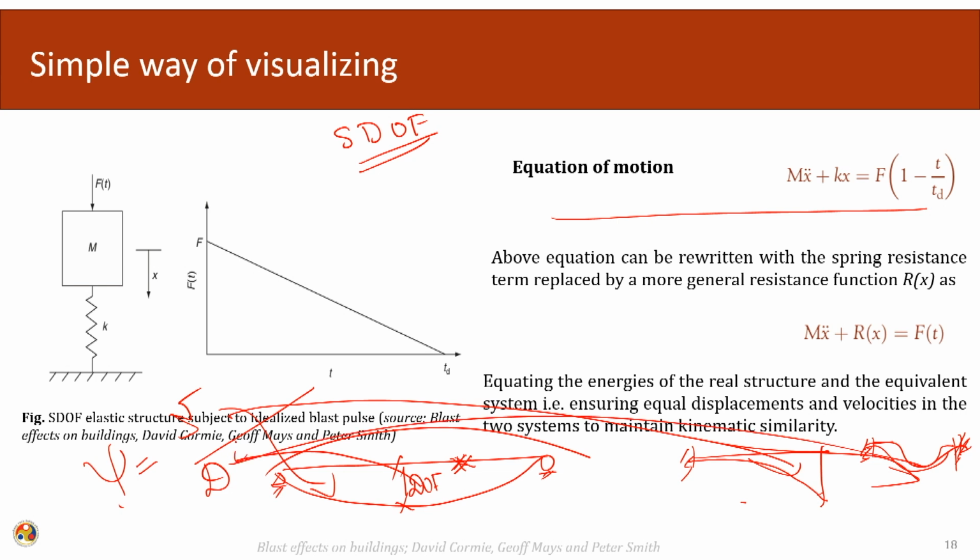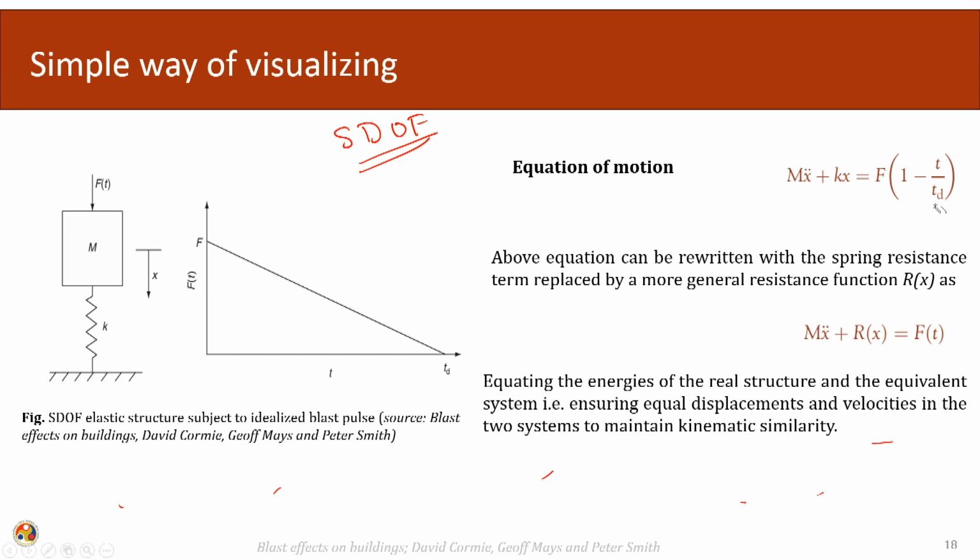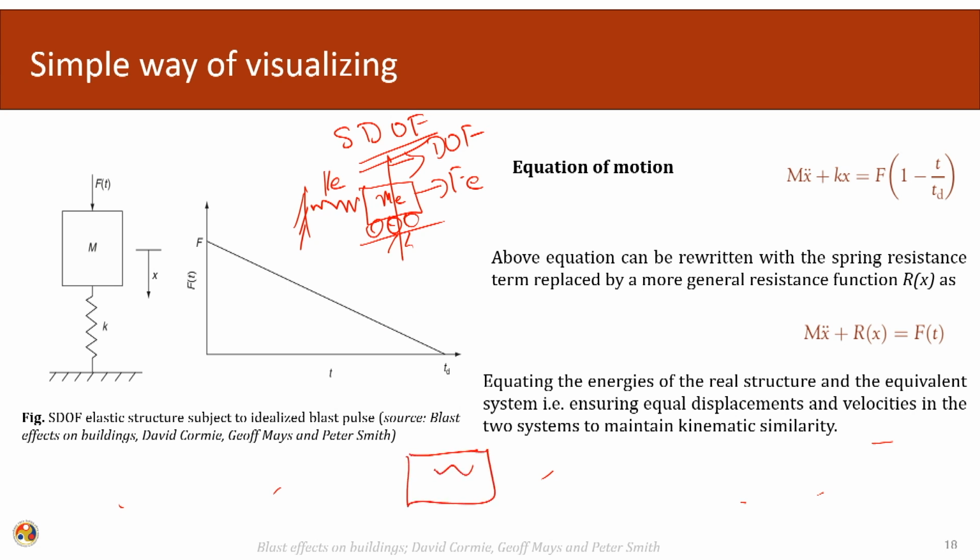And that is how we are making our shape functions, and from the shape functions we are calculating our equivalent mass, or generalized mass, equivalent stiffness or generalized stiffness, and the forcing functions. Once we have those quantities, we change this into a system having an equivalent stiffness, equivalent mass, and equivalent forcing function, and the chosen degree of freedom is the same out here. Once we have that, we draw our free body diagram using D'Alembert's principle.